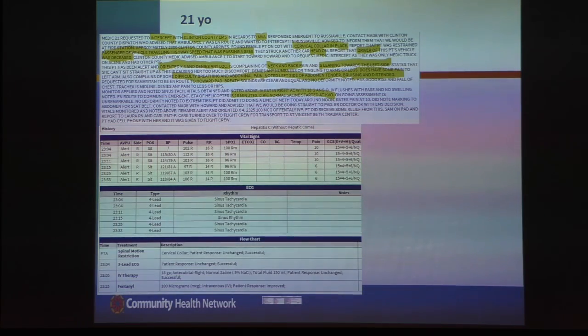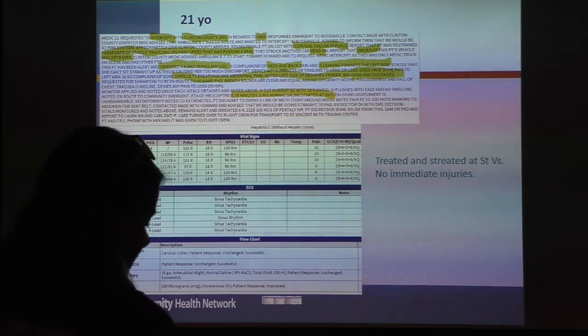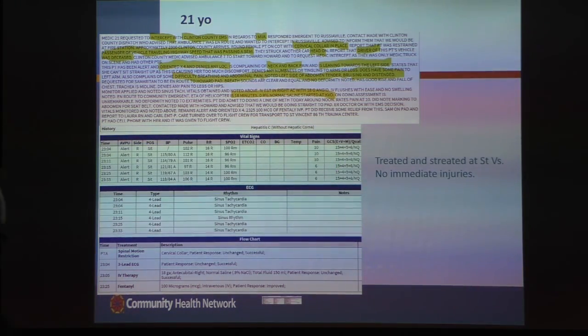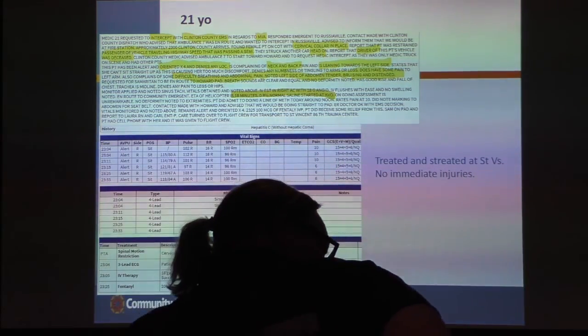So we called for a helicopter, just based on the mechanism and her abdominal pain. But her vital signs are good, and she got transferred to St. V's. I did get her report back, and basically she was discharged from the ED,